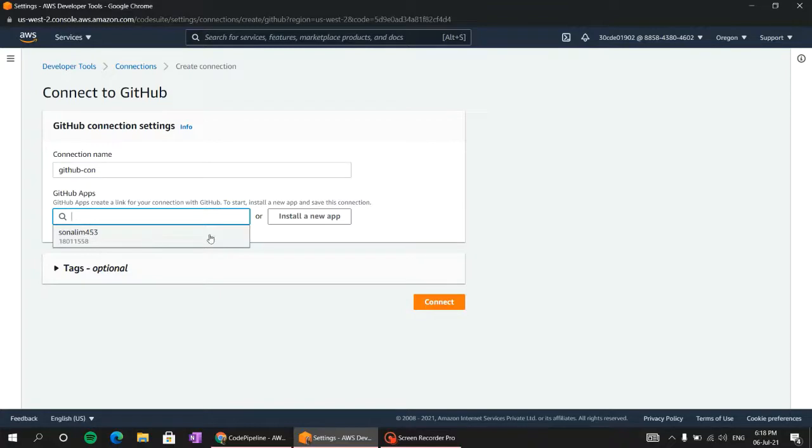But if you are new, you can select install a new app and you will be redirected to your GitHub page, where you will have to enter your password and select all repositories, or any selected repository you want, and then select apply. Then I'm selecting this and connecting.